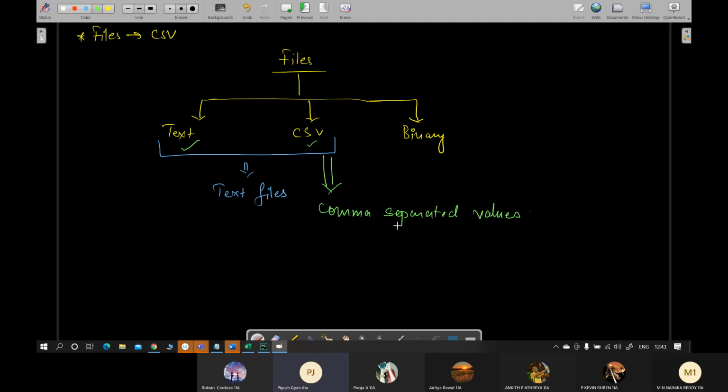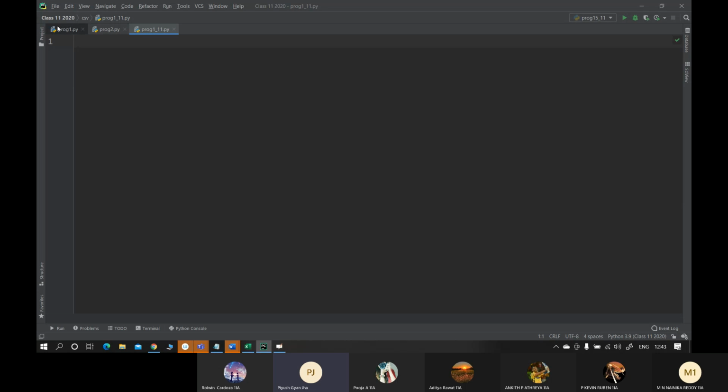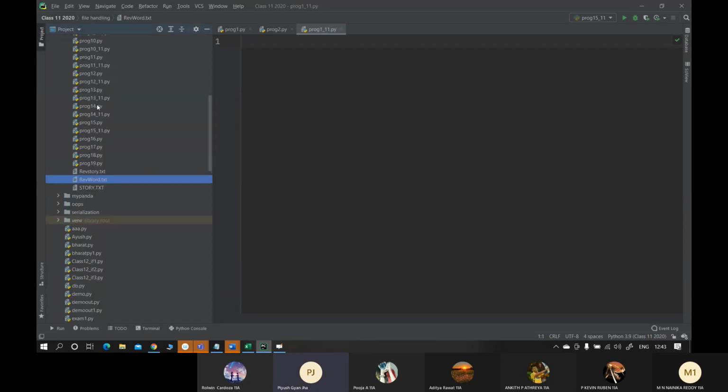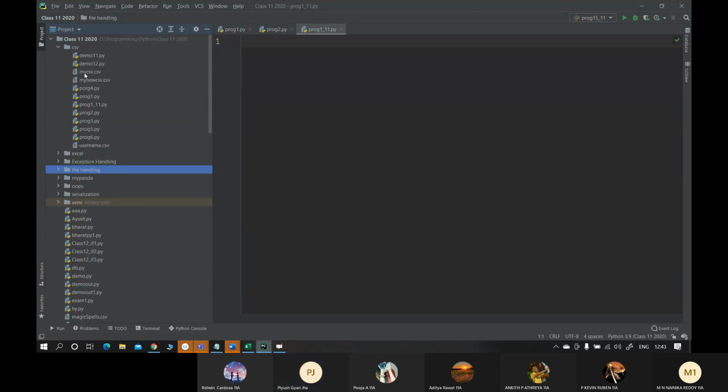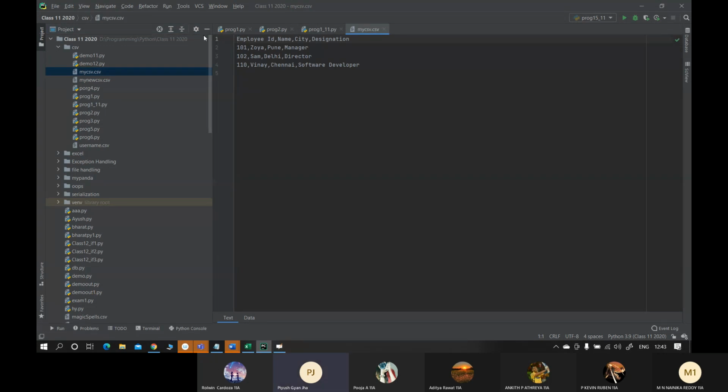Comma separated values. Okay. And one module we are going to use is a built-in module, that is csv. So what is the gist? First of all, what are CSV files? तो वो देख लो, ऐसा दिखता है. Any file where the values are separated by comma will be a CSV file. For example, this is a CSV file. Or you can say this is again a CSV file.